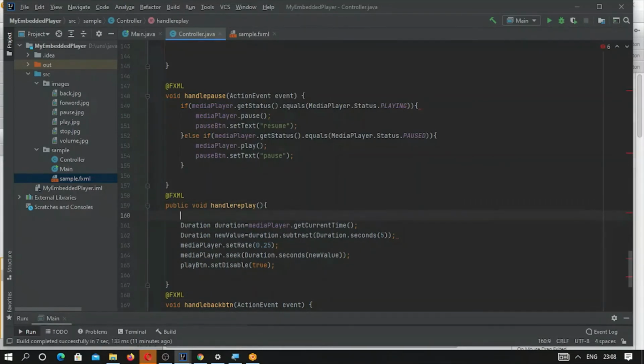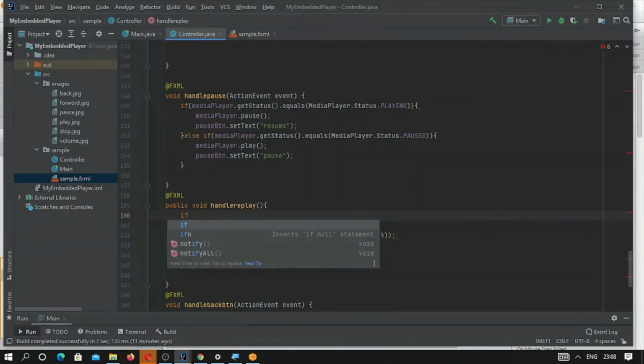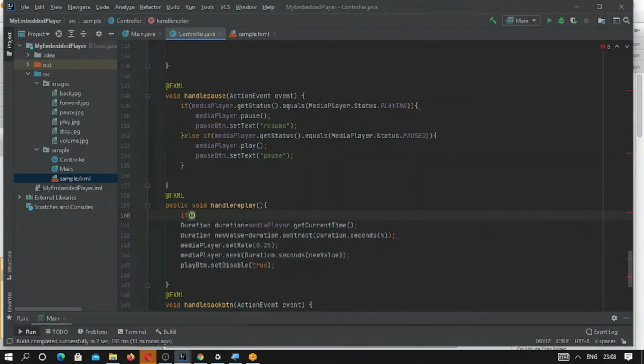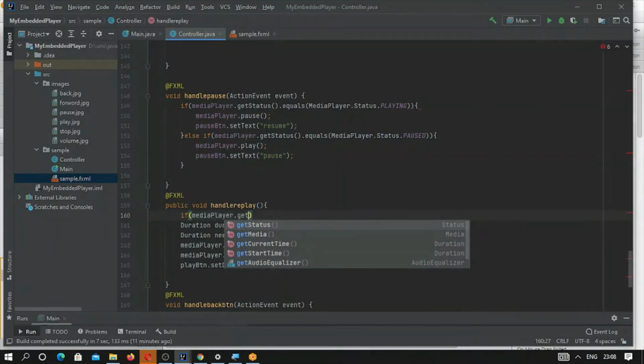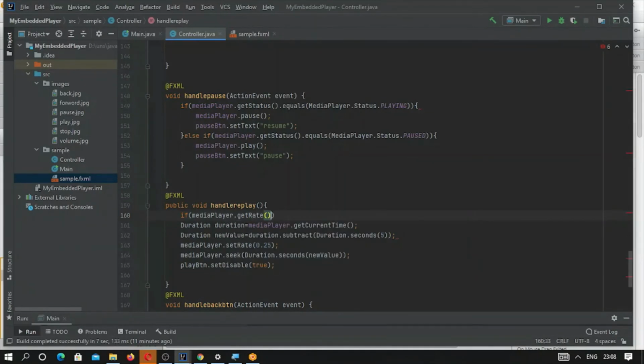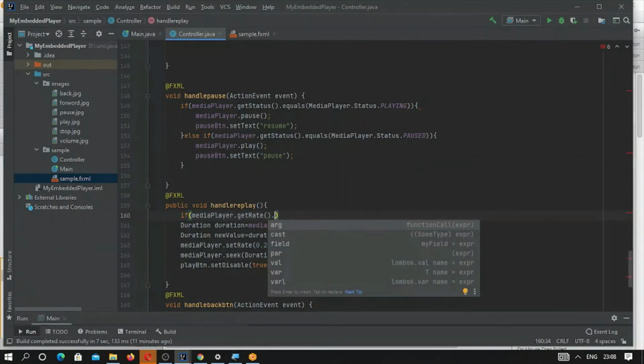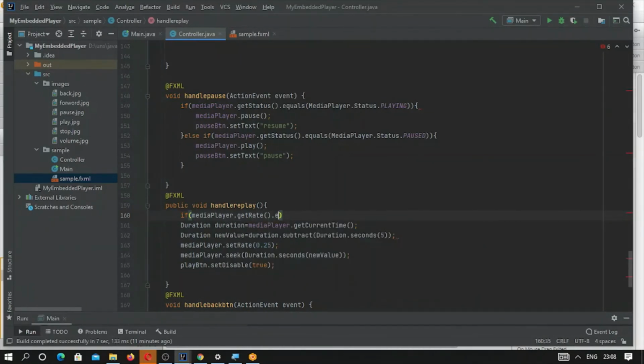So we want to get the rate. First we will calculate the rate. If it is 1, then it means